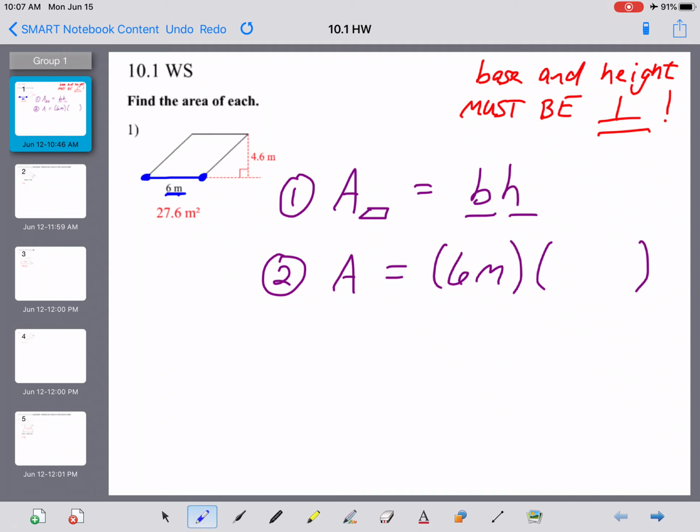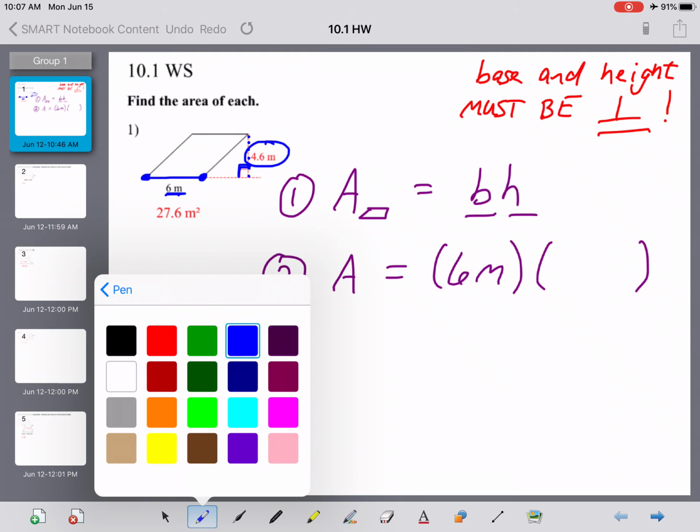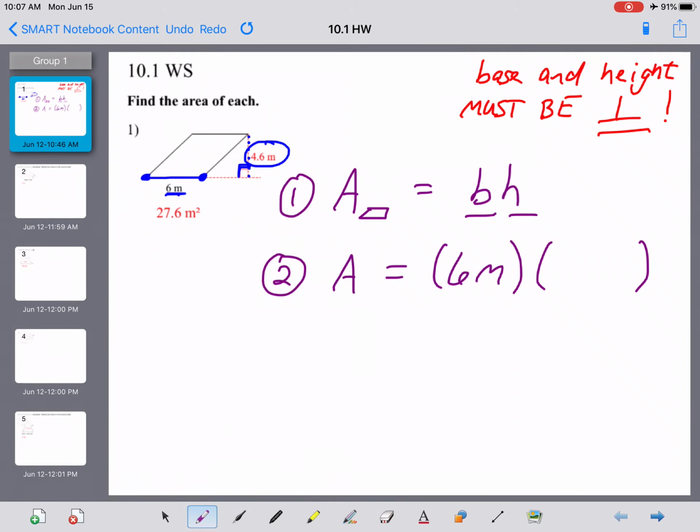Our height would actually be measured here outside of the parallelogram because this piece is perpendicular to it. So that 4.6 meter auxiliary line, auxiliary meaning it's not actually part of the parallelogram but outside it, is actually your height. So the 4.6 meter measurement goes right here for height. So that was step 2, fill in what you know. And step 3, let's go ahead and multiply everything out, guys. So 6 multiplied by 4.6 is going to get us